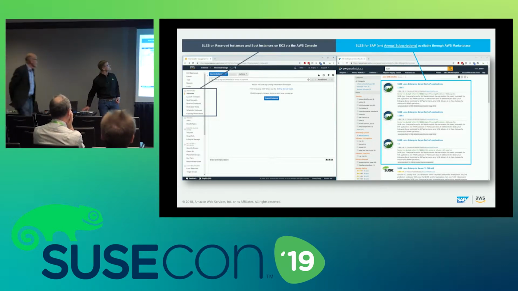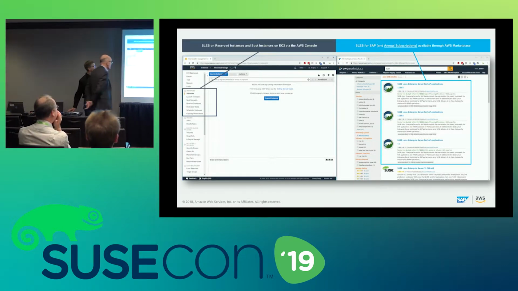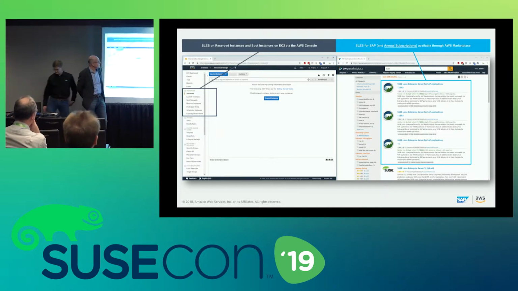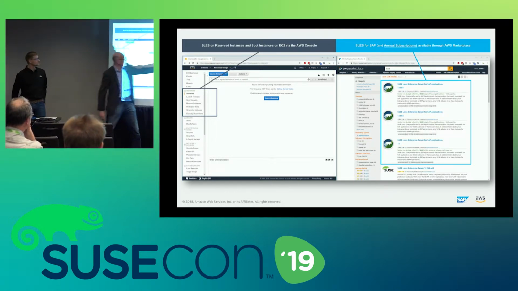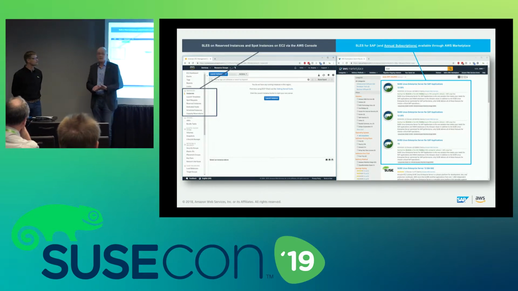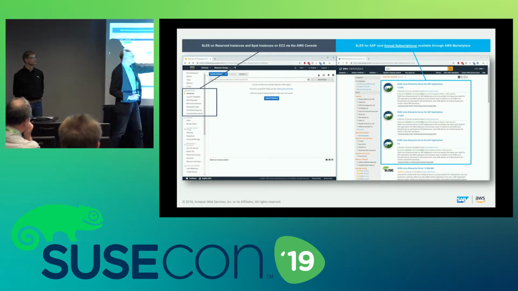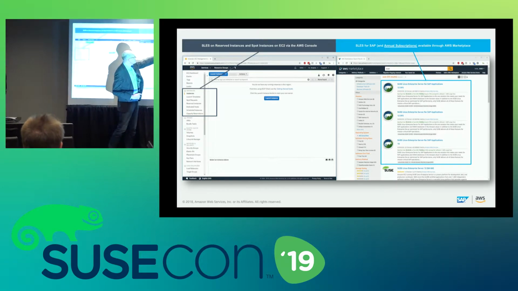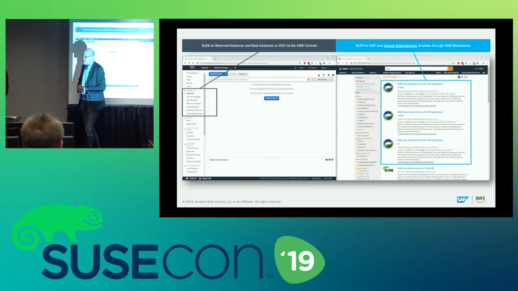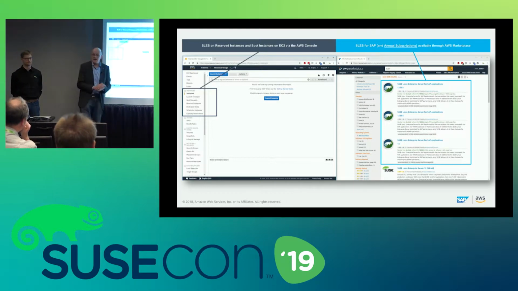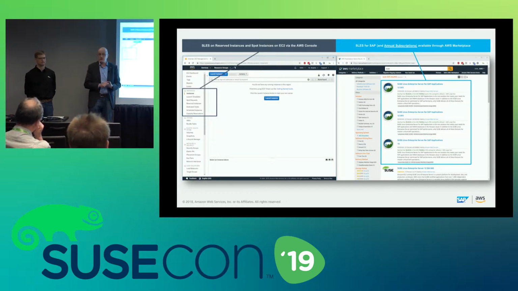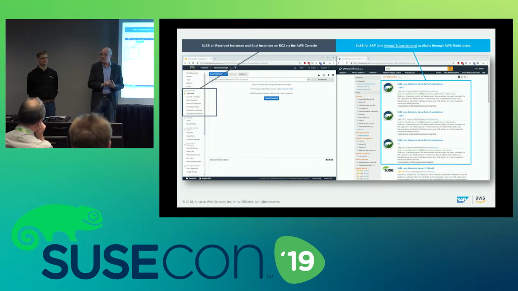This was something I'm supposed to talk about. If you're going to pick your AMI, you can go to the marketplace, which is a kind of vanity web page where you can pick your AMIs. You will have to search for SUSE for SAP, and then you're going to see the offerings. These are the AMIs you need to operate SAP NetWeaver and HANA.